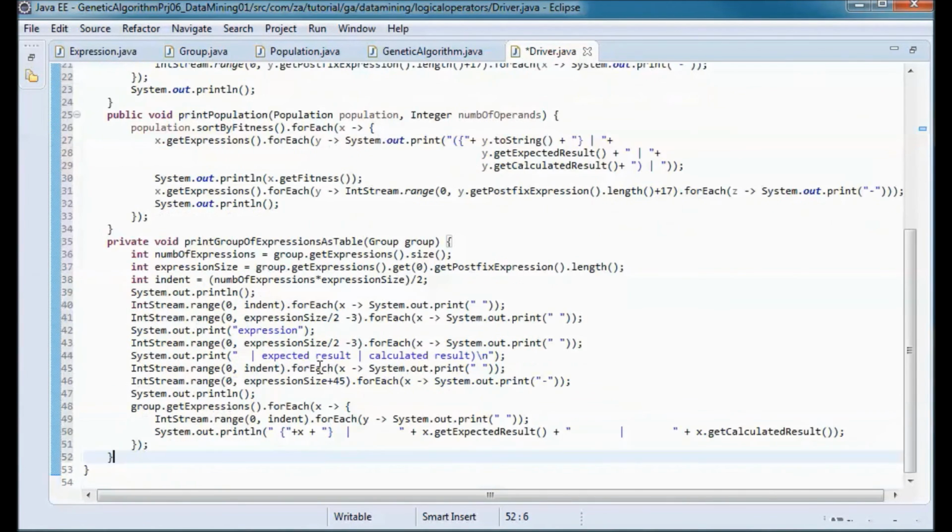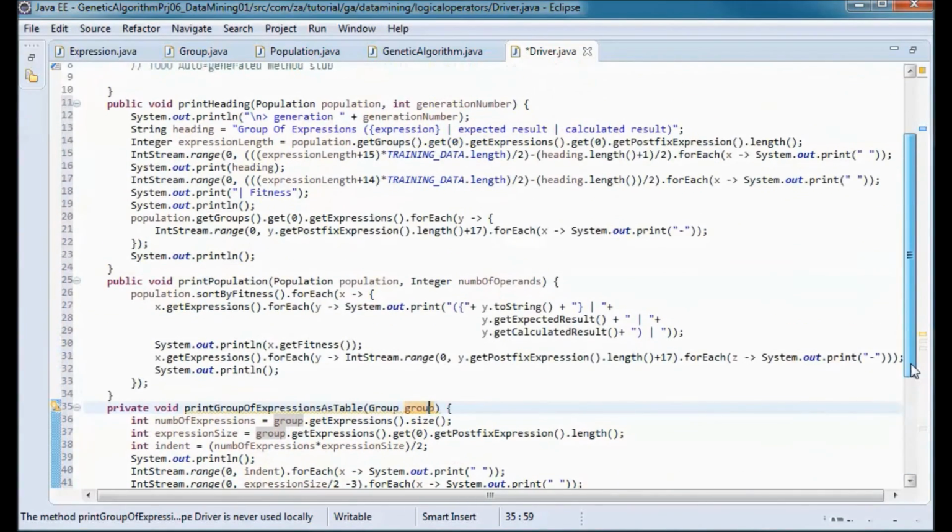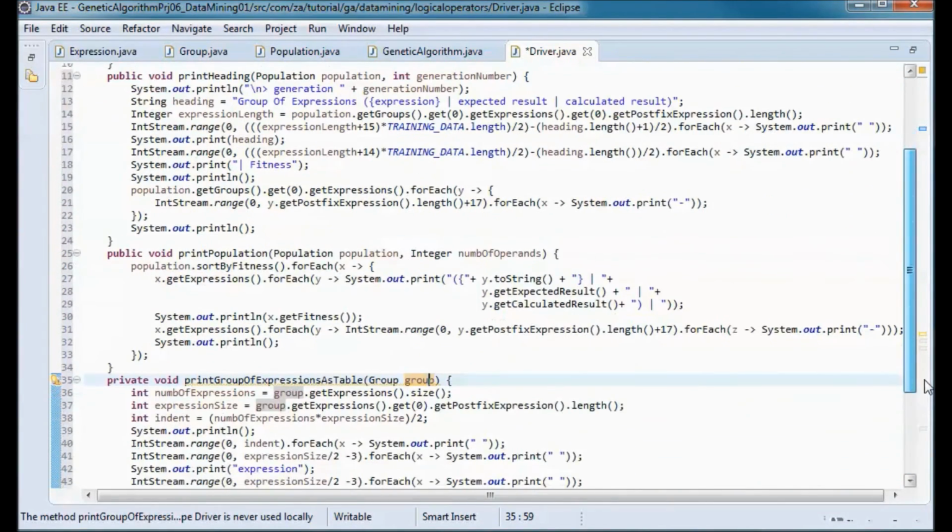And this method prints the group of expressions as a table, and we pass it the group. And going back to main,